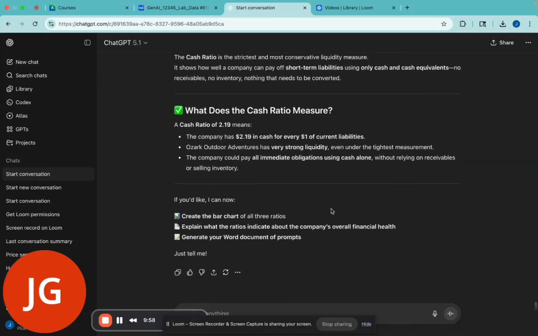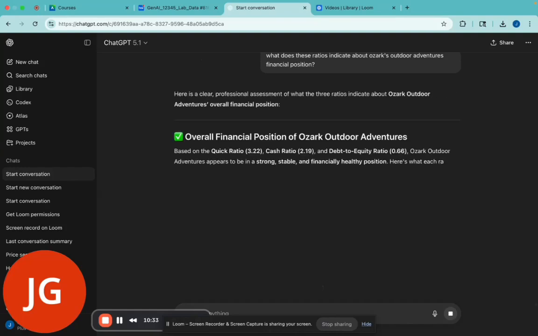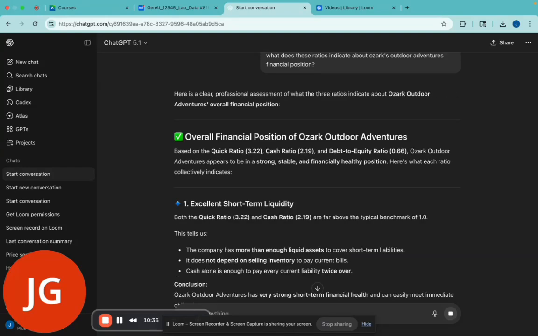Next, with all these ratios under consideration, let's type in our sixth prompt, which is, what do these ratios indicate about Ozark Outdoor Adventures' overall financial position? Perfect. We get a brief overview of the financial position of Ozark Outdoor Adventures, and based off the quick ratio